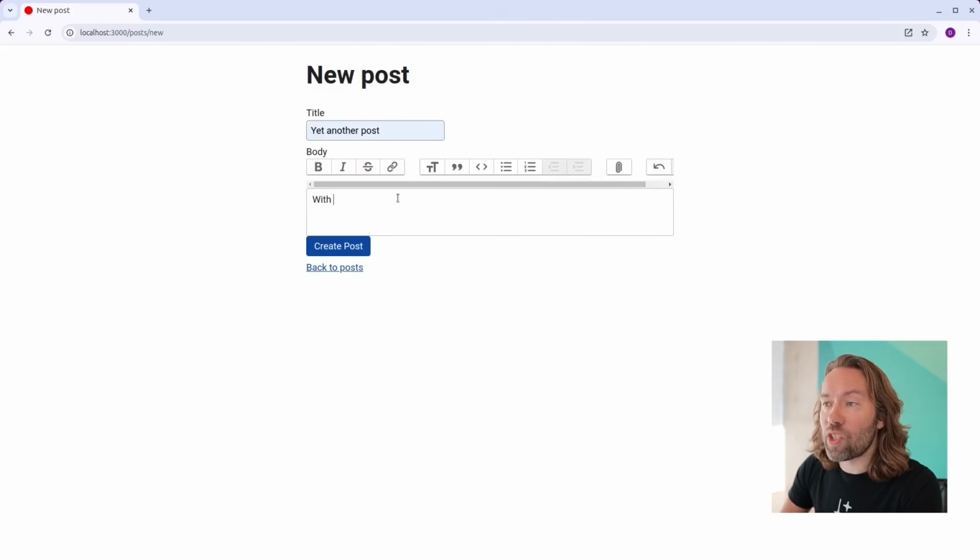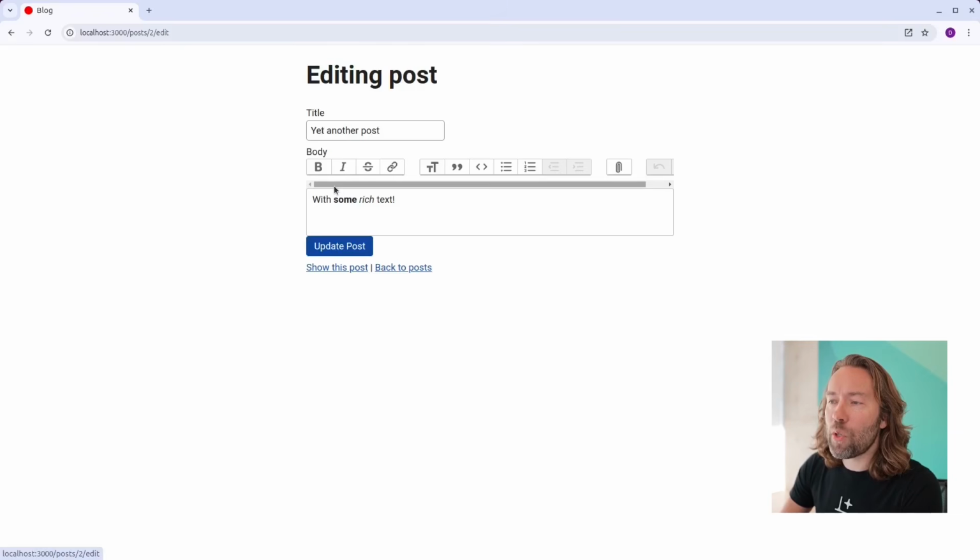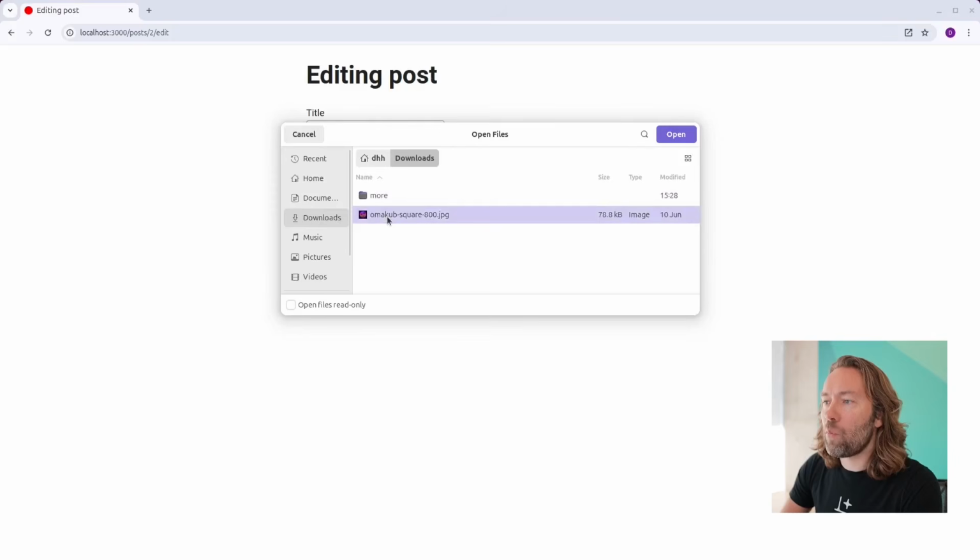Those styles are generated straight into your application, so you can make it look nice for yourself. Let's give some bold and italic text here. You see, that was all that was needed. But I think what's even nicer to look at here is if we do an upload and we add a